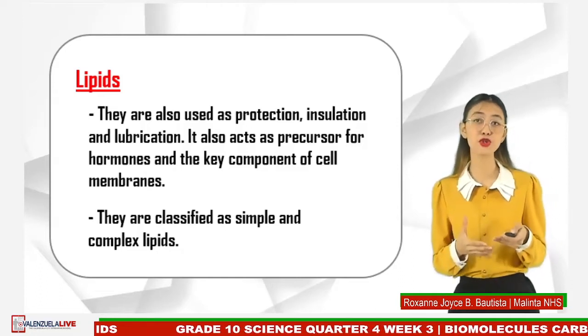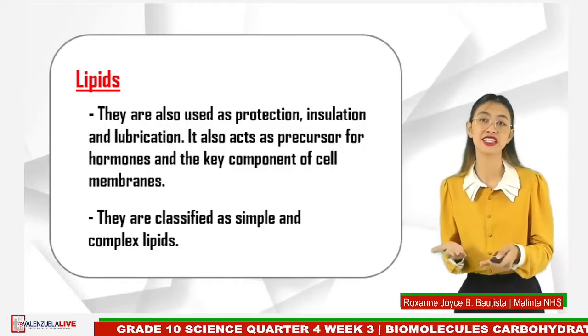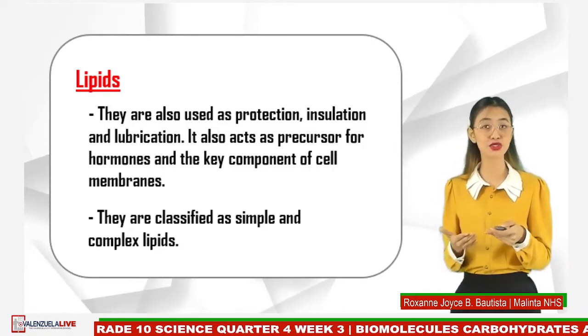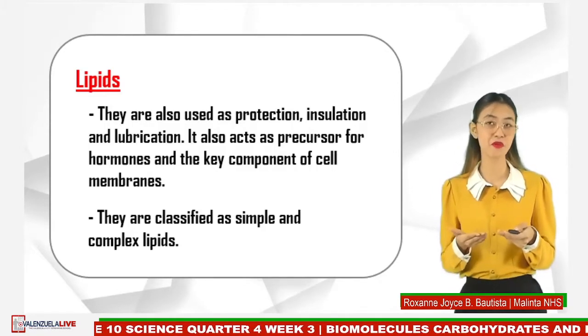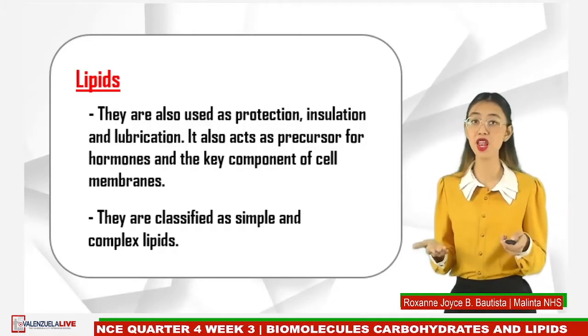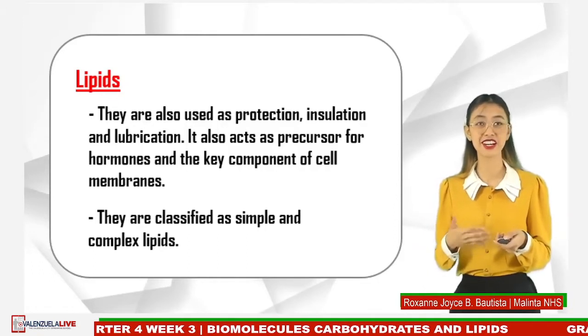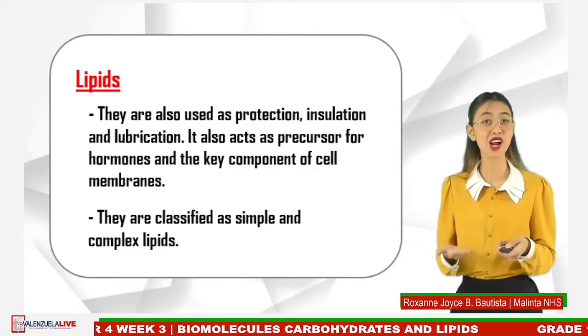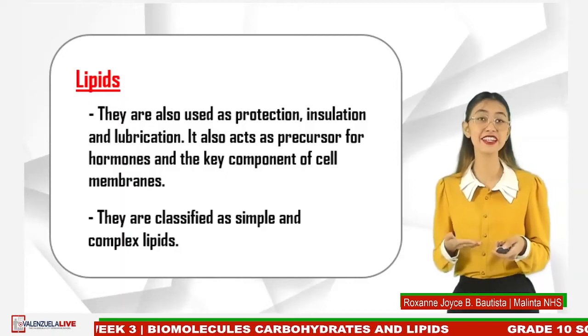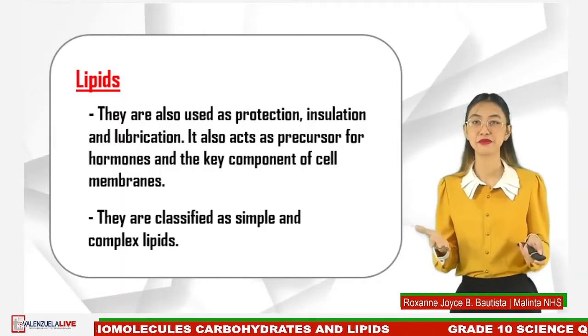Lipids are also used as protection, insulation, and lubrication. They also act as precursors for hormones and key components of cell membranes. They are classified as simple and complex lipids. Lipids, just like carbohydrates, are composed of carbon, hydrogen, and oxygen. And we have different types of lipids. The first one